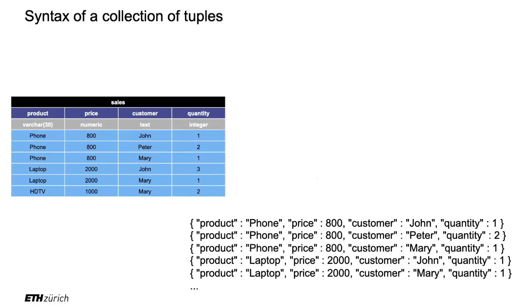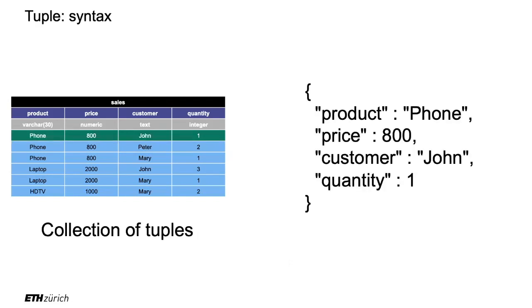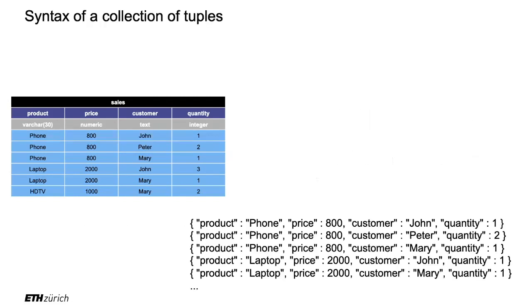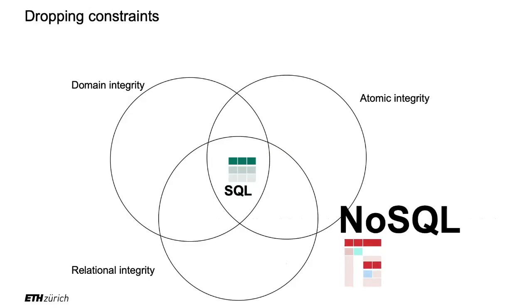And it's also very verbose, right? Because this is just the first row. Now if I do it for all the rows, that's very, very repetitive, right? Look, product, product, product, price, price, price, customer, customer, customer, very repetitive. So here it sounds, if you just study that use case, that you could argue, okay, CSV is better. CSV takes less space than JSON, right? But I'll show you in a moment why this is actually useful. Because